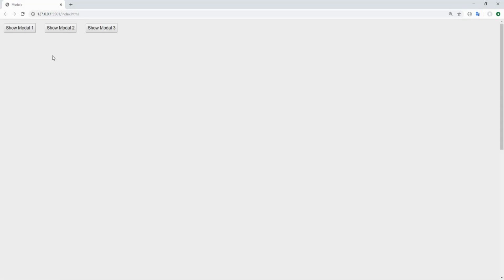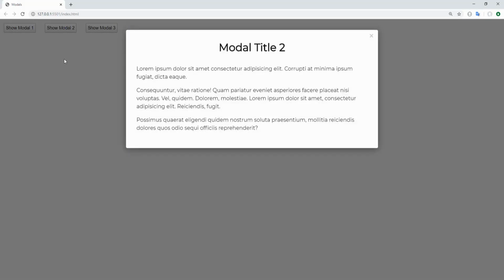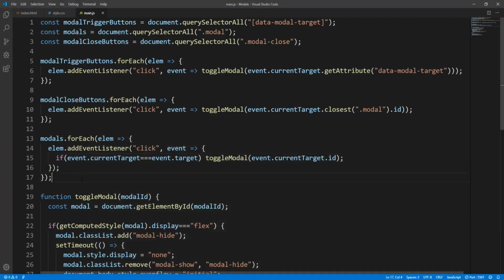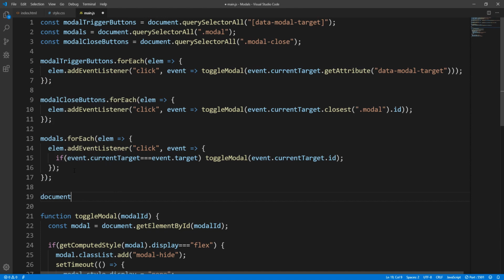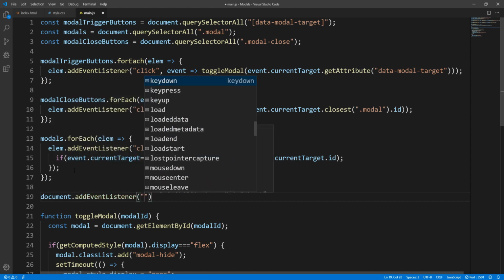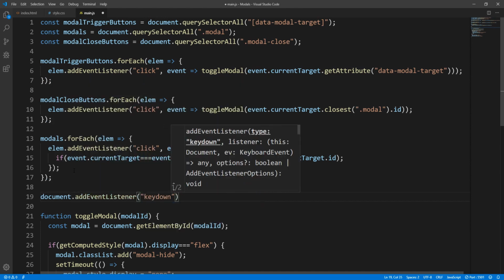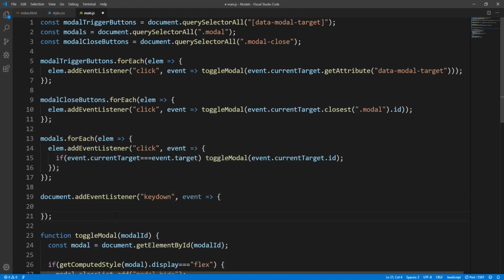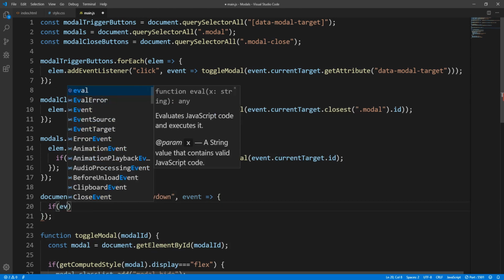Nice. One last thing you might want to add is the possibility for the user to dismiss or close the modal when they press a specific key on the keyboard, for example the escape key. So let's quickly do this. We first need to add an event listener over the document for the key down event. And if the escape key was pressed, in other words, if